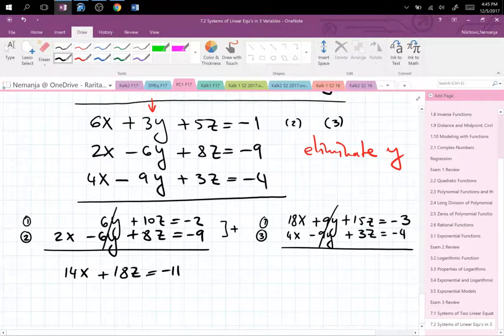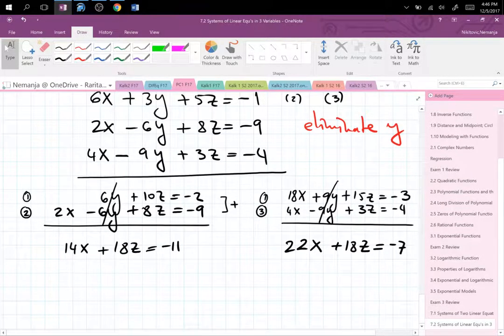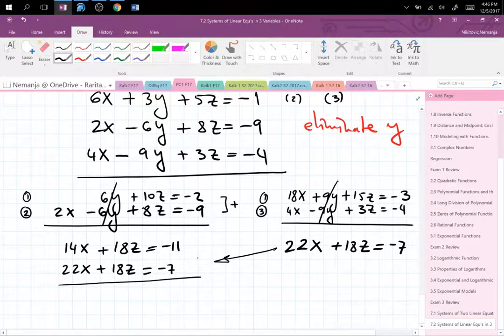So now that's 22x plus 18z is equal to -7 when I add the equations, because we have opposite signs. So now I will write this equation underneath: 22x plus 18z is equal to -7. And I will subtract equations,